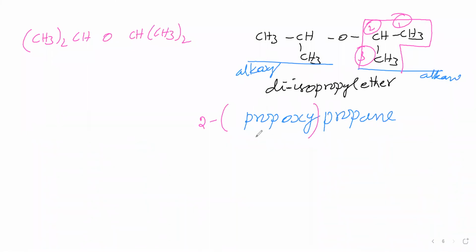That means this propoxy group, in the propoxy group, oxygen is attached, and that oxygen is attached at the second carbon of the parent chain. That is the meaning of this 2. From the parent chain, the second carbon is linking with the propoxy oxygen. Then in the alkoxy also, we have to say the position. Why? Because in the alkoxy, the ether oxygen is not present at the terminal carbon, not at the first carbon. Therefore, we have to say the numbering.